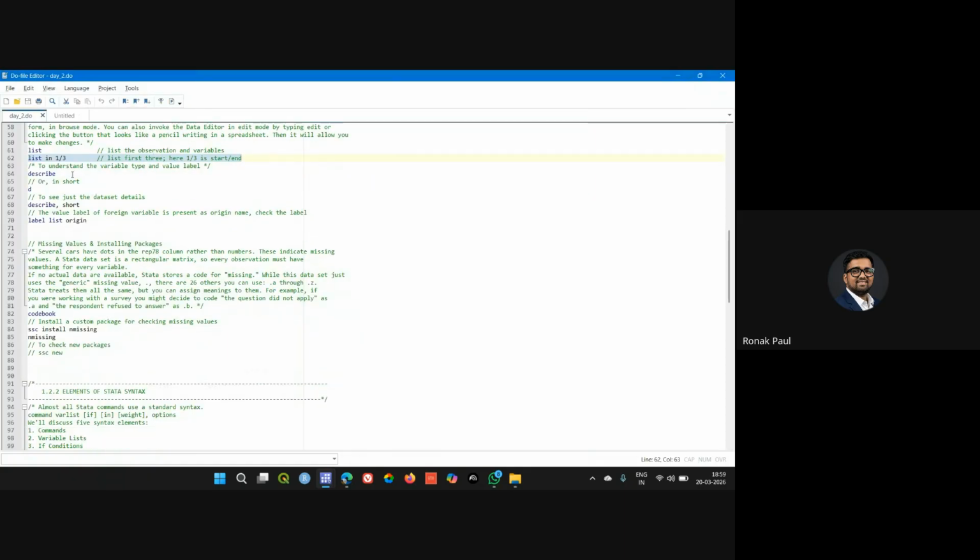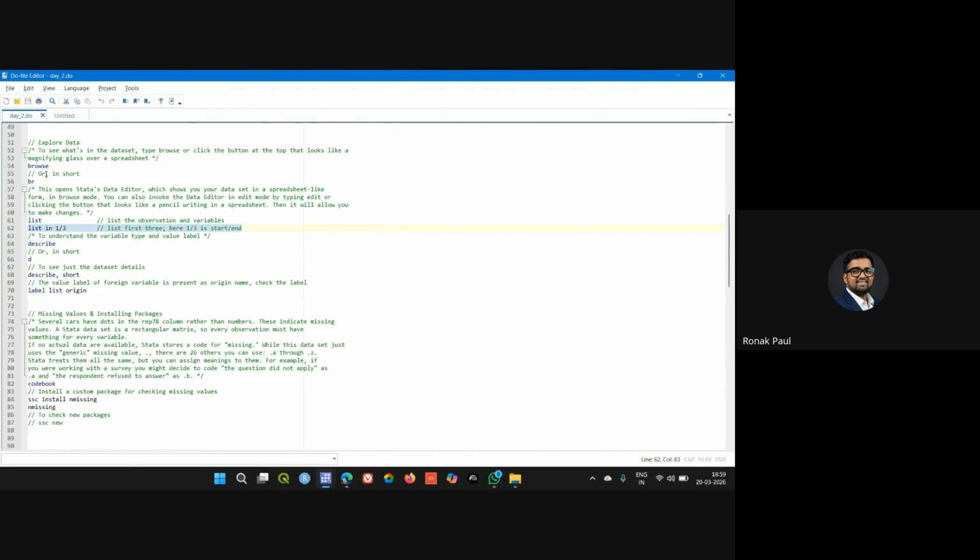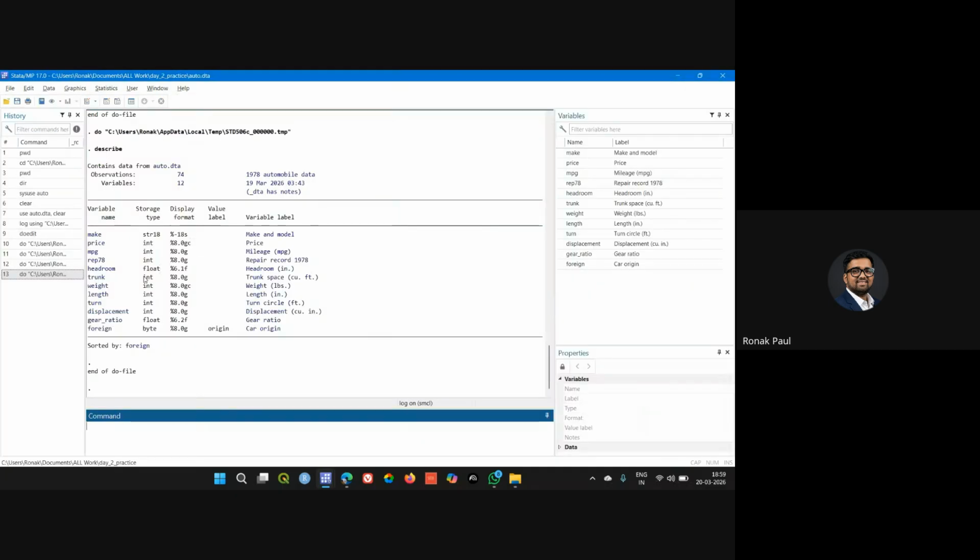Till now we have explored our data set and seen what observations are there, including the first three observations. Now we go ahead and check the whole data set type. For that, we use the describe command to see a dataset summary. You can write the describe command, and when you press Control plus D,